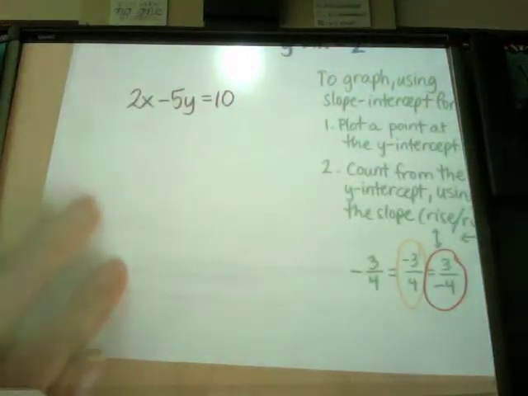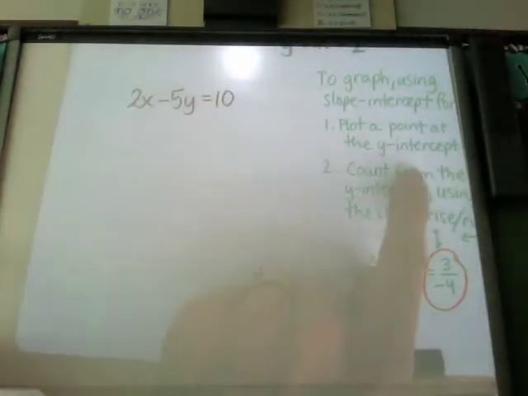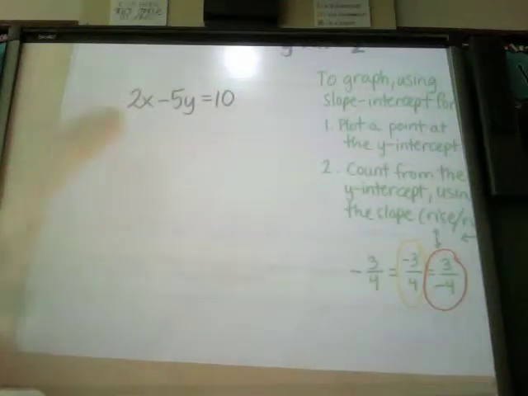Today you're going to be graphing using slope-intercept form, meaning you're not making a chart. I want you to try this method of starting with the y-intercept, right? Plot that point and then counting off. So this one